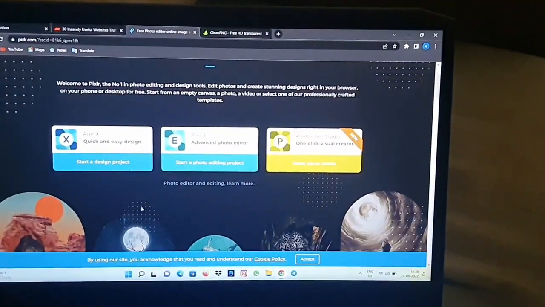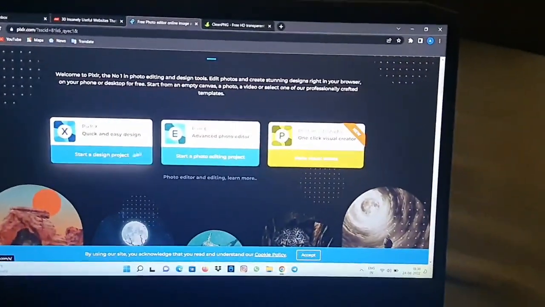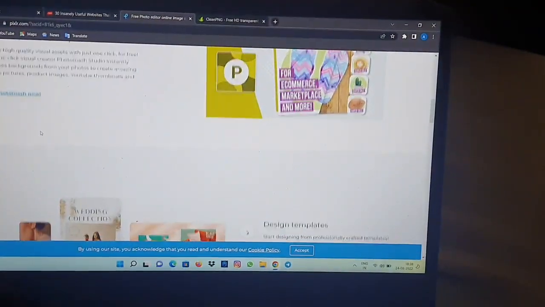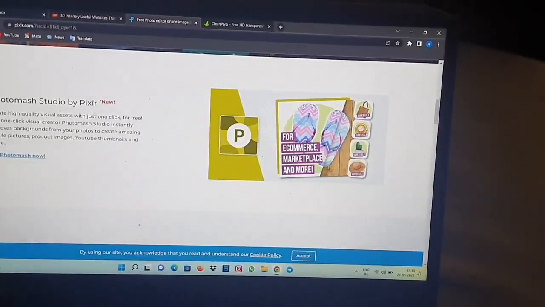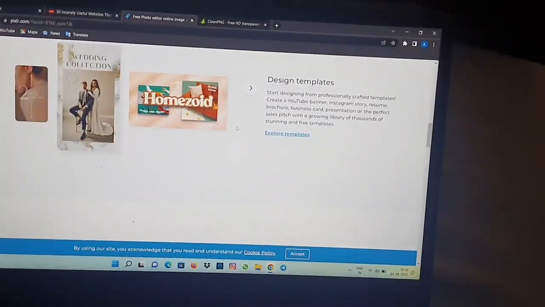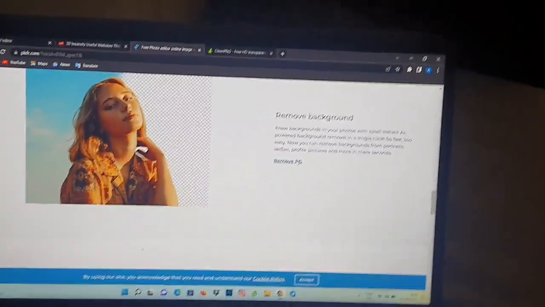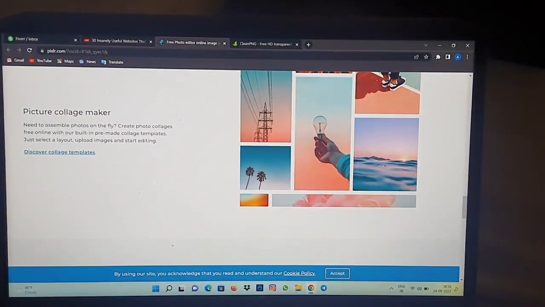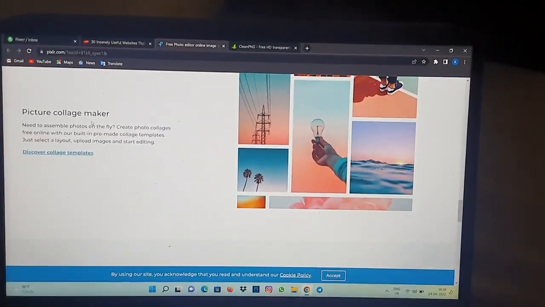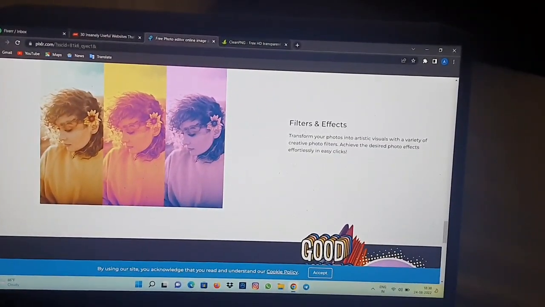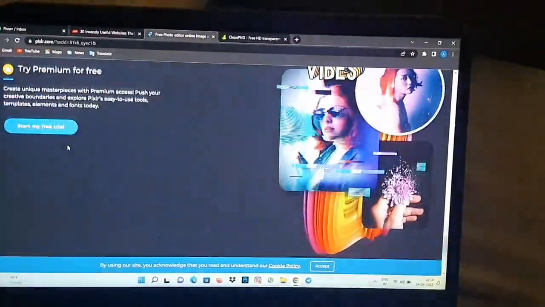So from here you can select design, edit project, or visual assets. So down here you can see Photomash Studio by Pixlr, and you can design templates from here, and you can also do animation in here. You can also remove background, and you can also do picture color maker, and here you can also do filters and effects, and you can